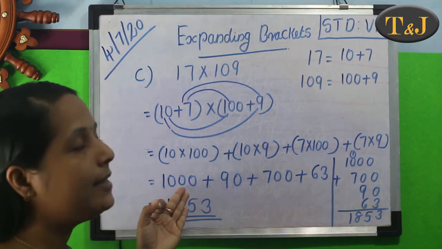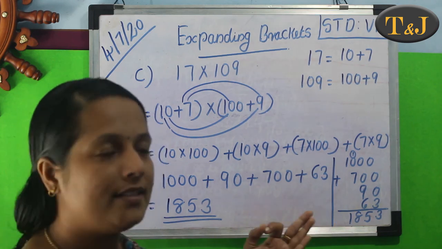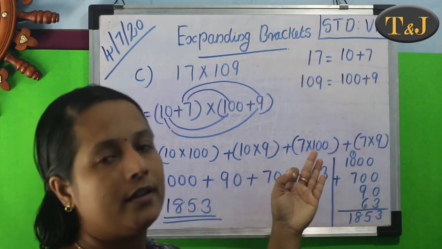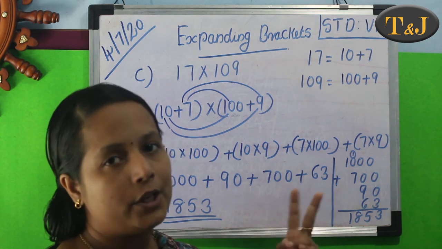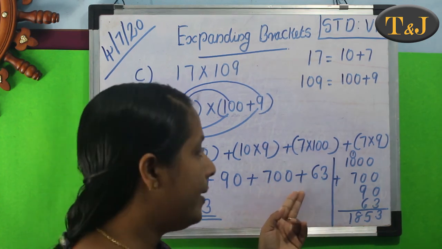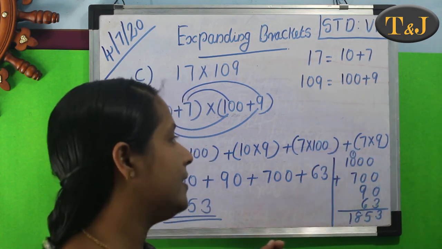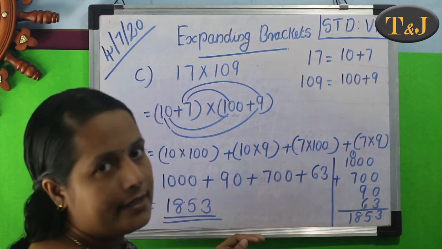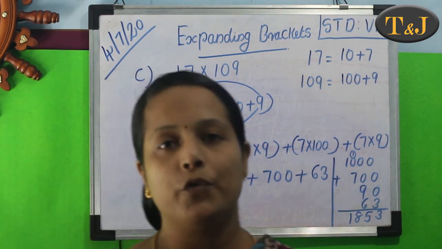Then we write the answer as 1000 plus 10 into 9. 9 tens are, yes, 90. Then write the number 90. Then 7 into 100 equal 1 sevens are 7. Then write 7. And how many zeros here? There are 2 0. In the answer we also put 2 0. Then we get 700 plus 9 sevens are, yes, 9 sevens are 63. Then write the answer 63. Then we are adding these numbers together. Then we get the answer as 1853. Okay, I hope all of you understood.